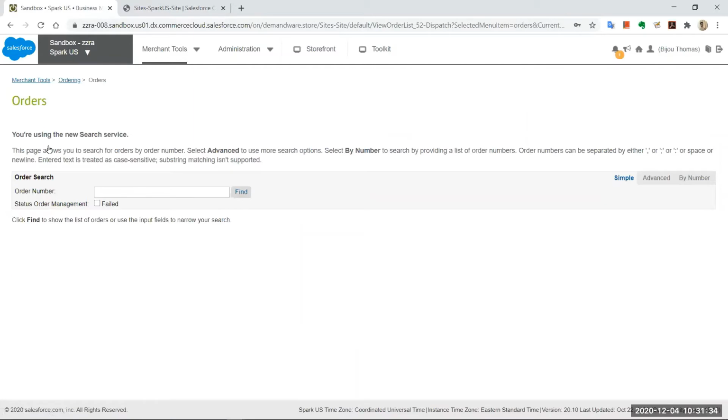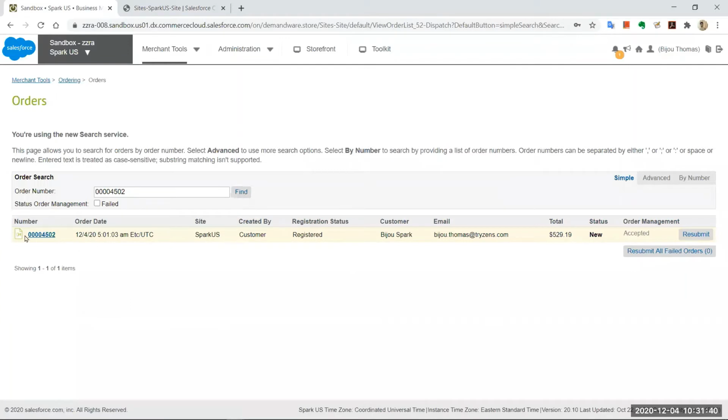and this particular realm and one of our Salesforce instances are integrated. So if you see, this particular order says the order management status is accepted. This is basically an identifier for all integrations that are enabled between Commerce Cloud and order management. So if you have this enabled, what you get to see is whether the order has been accepted in your order management system or not, right?